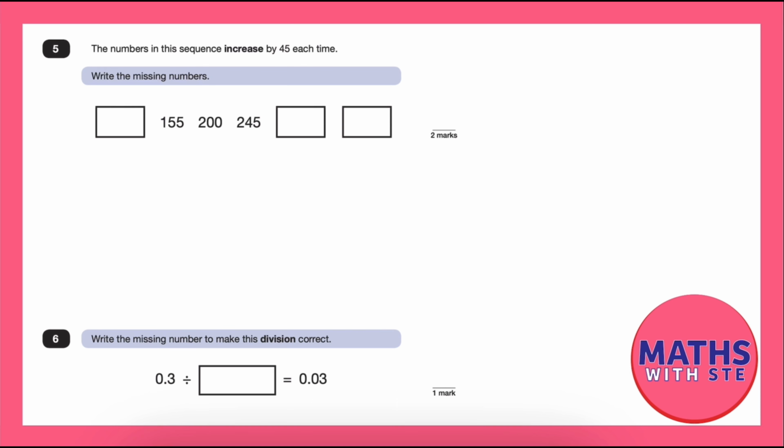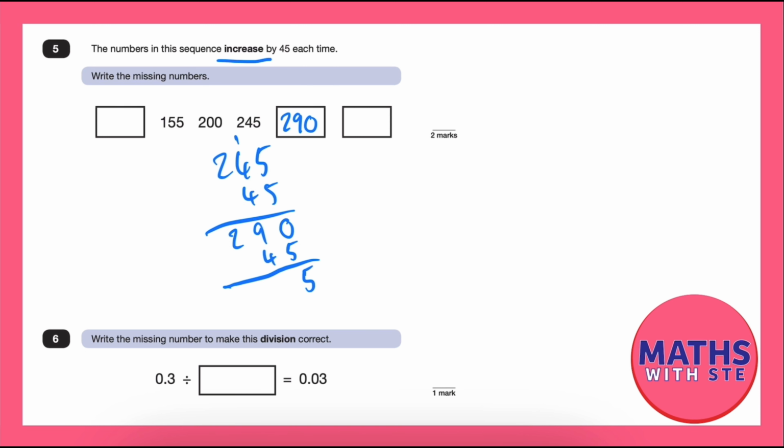Okay, question 5. The numbers in this sequence increase by 45 each time. Write the missing numbers. Okay, so 245, I need to add 45 onto that. So 245, I could just sketch this out, couldn't I? Add 45. 5 add 5 is 10, or 4 add 4 is 8, plus 1 is 9, and then bring your 2 down. So this one's going to be 290. And then if I do that, add 45, I'll just stick another 45 under here, can't I? Make it easy for myself. And I go 0 add 5 is 5, 9 add 4 is 13, and 2 add 1 is 3. So that's going to be